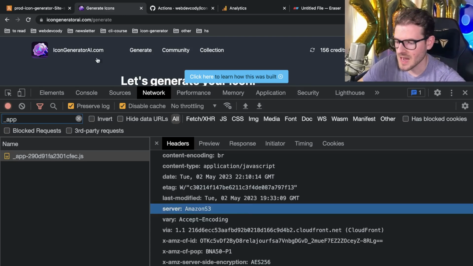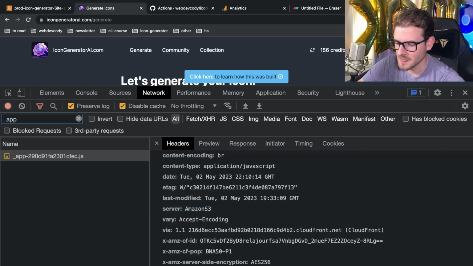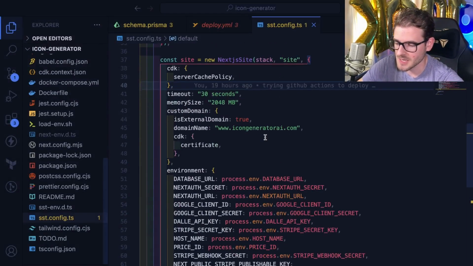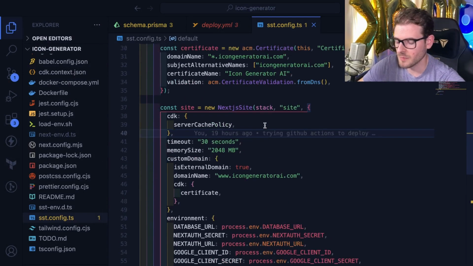Now, again, I had to keep waiting. I had to wait an hour, because if you keep refreshing the page, it'll go back and forth between your DigitalOcean deployment and your SST deployment. So you have to wait till all your DNS propagates. Again, that can take quite a long time. So, all right, that's basically how I managed to deploy this whole thing and switch it over from Amplify